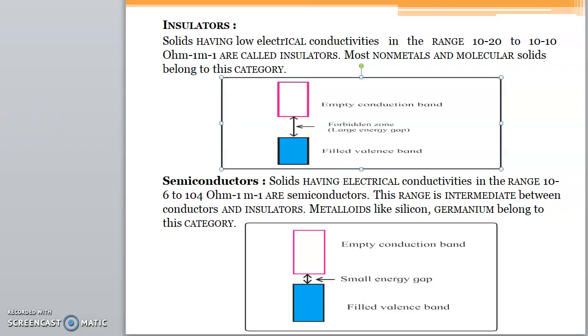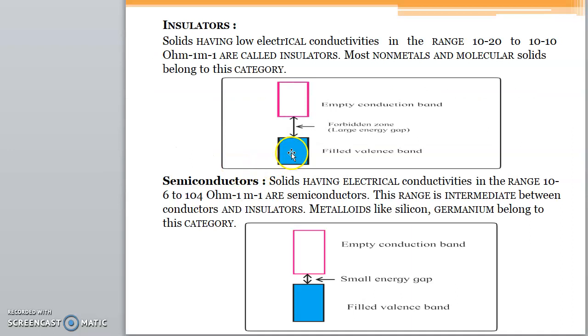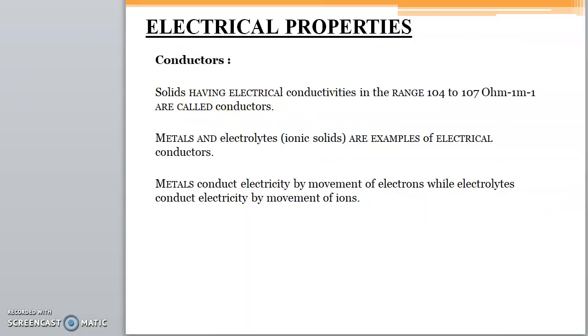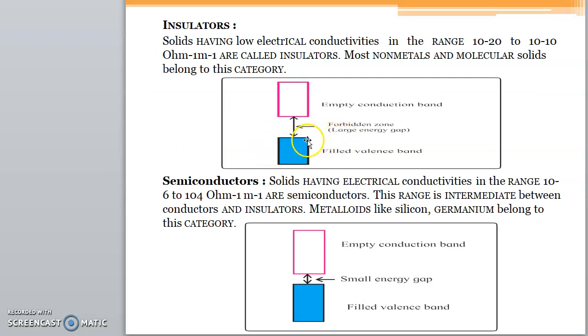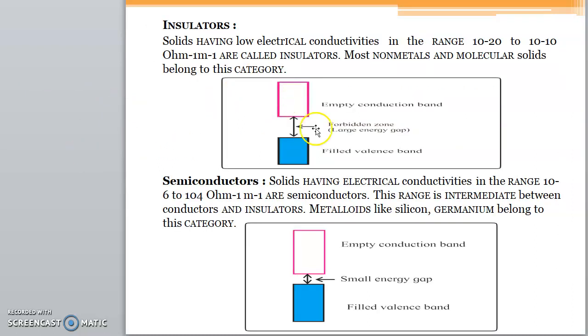In the case of conductors, my dear students, I've not shown a diagram here, but you'll understand, I'm sure, that the blue and the empty band are joined. There is no gap at all in the case of conductors. That's why they can conduct easily. Since there is no energy gap at all, these electrons can easily get transferred to this conduction band, and that's how conduction takes place in conductors. But since we're talking about bad conductors, they shouldn't be conducting at all. That's why there is a large energy gap. So that is about conductors and non-conductors or insulators.